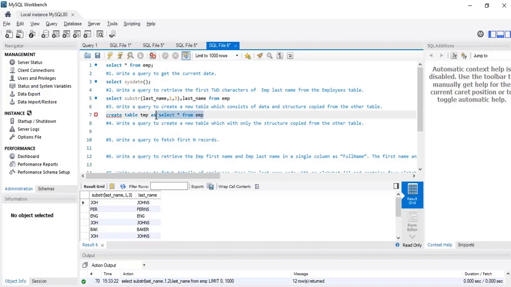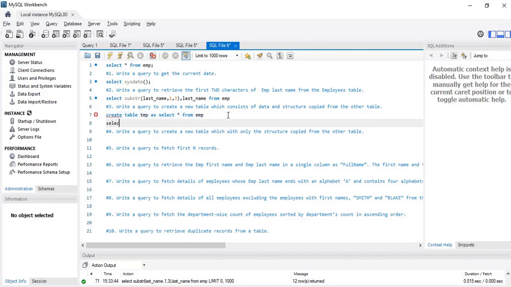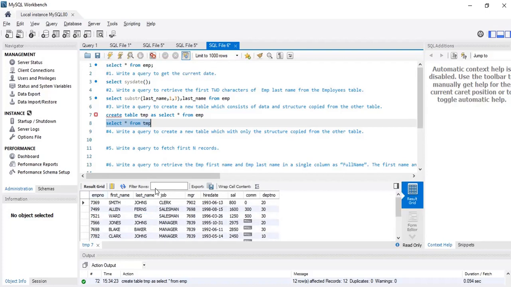So the table is created and now I will print this table TMP. As you can see, I am selecting this table TMP and it has the same data as of EMP. So this is the syntax. You have to write create table whatever as has to be written and whatever table name is there.